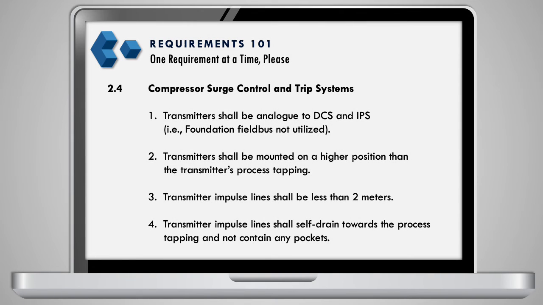Now let's try one more. How many requirements do you see this time? Easy, right? 4 requirements, 1 requirement per clause, and each one individually numbered. Why make life difficult when there are easier and more efficient ways of working?